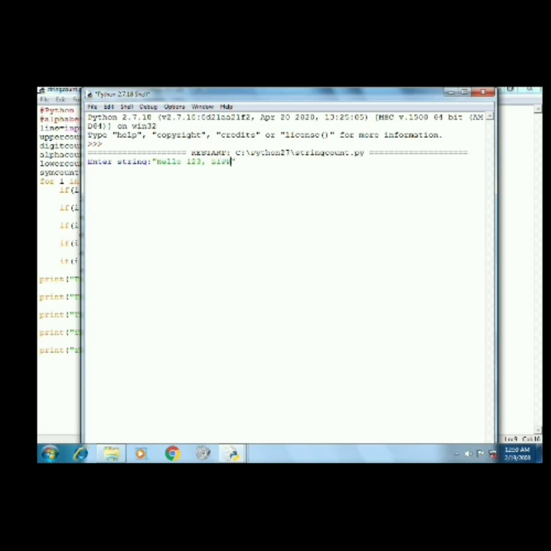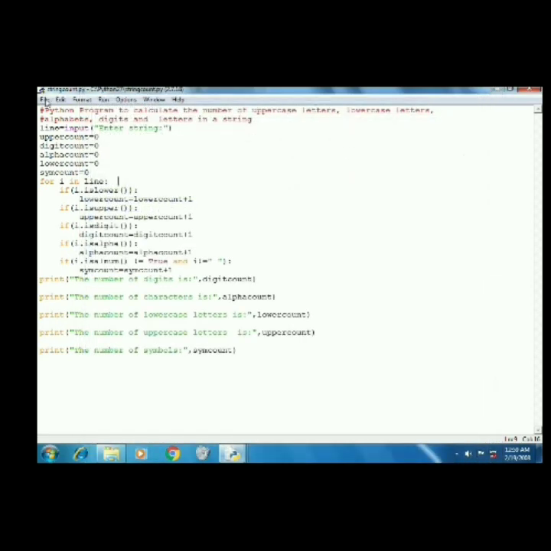The number of digits is equal to 3. The number of alphabets is equal to 18. The number of lowercase letters is 11. Number of uppercase letters is 7. The number of symbols is only 1. As you can see in the result here.